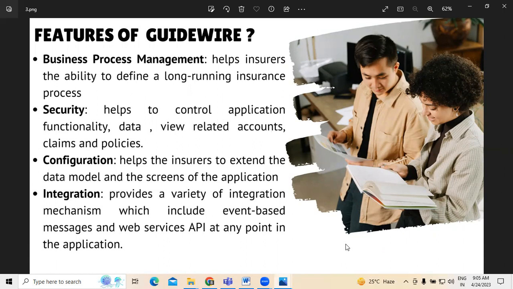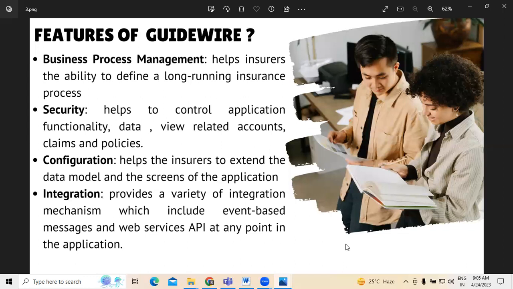performing an insurance process is a continuous thing, right from taking a policy to claims. So it's a continuous process that any insurance organization has to follow. To do that, they need a clear understanding of business process management, which is especially useful for the people managing all this. Hence, Guidewire has a feature that enhances business process management for any insurance company.